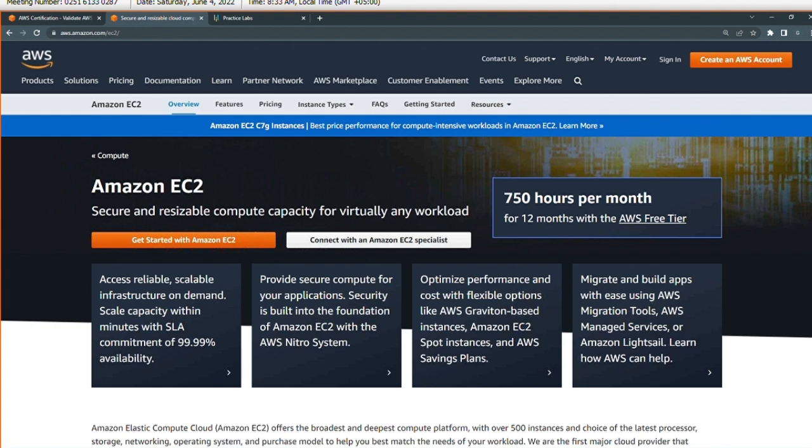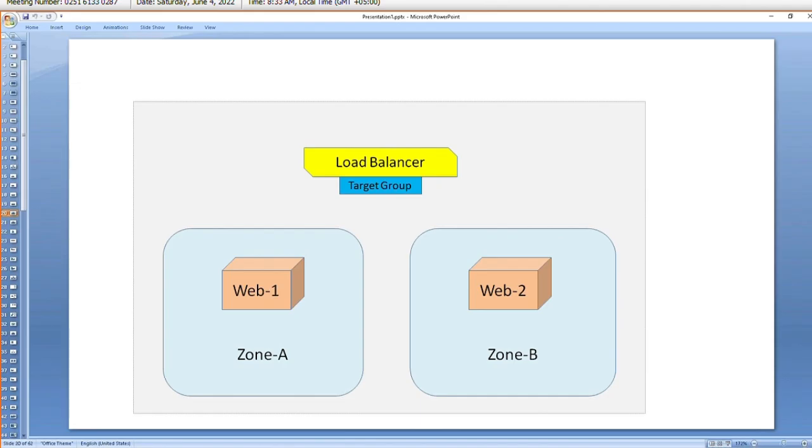We also learned how to build a virtual machine, how you are billed for it, what different models are available, and then we learned how to build high availability. So how to utilize multiple availability zones to build a highly available application. While doing so, we also created a custom image, and then created multiple web servers across multiple availability zones, and then to distribute the incoming traffic